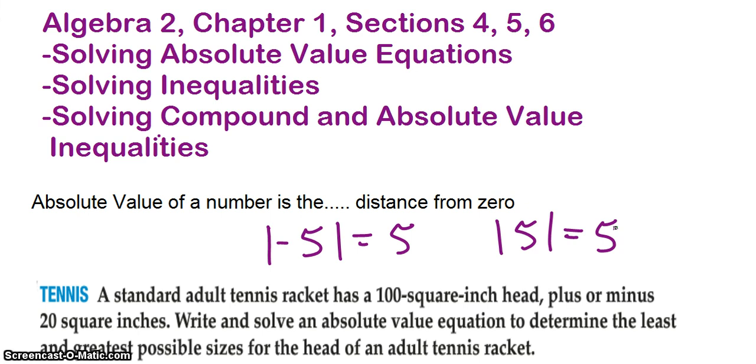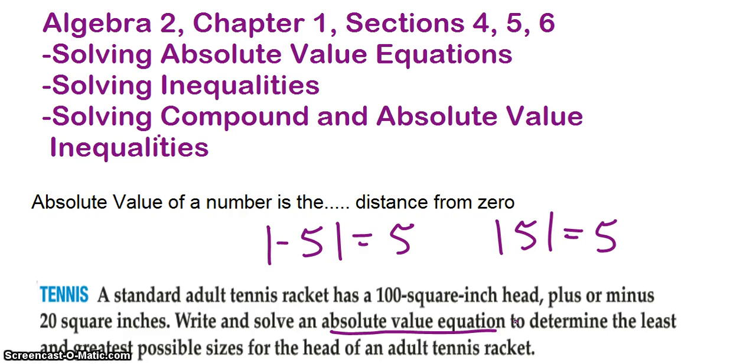So if we look at a problem, a standard adult tennis racket has a 100 square inch head, plus or minus 20 square inches. Write and solve an absolute value equation to determine the least and greatest possible sizes for the head of an adult tennis racket. So it told us that we're going to be using that absolute value equation, but otherwise, without any sort of really complex equations, or at least multiple equations, we wouldn't be able to solve this for